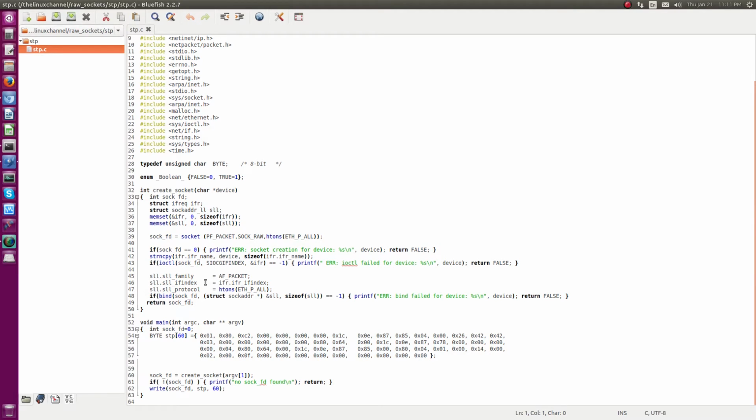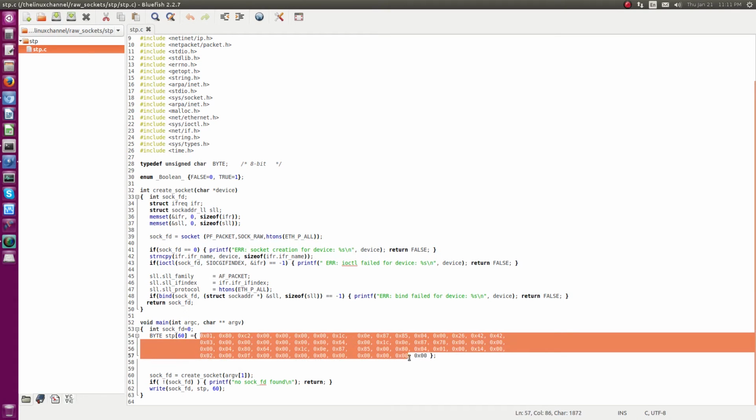So let me do a quick code walk. You can see here this is the main part, and in main you can see the buffer, which is STP. This contains the entire packet bytes, which means the entire layer 2 header as well as the STP packet bytes.